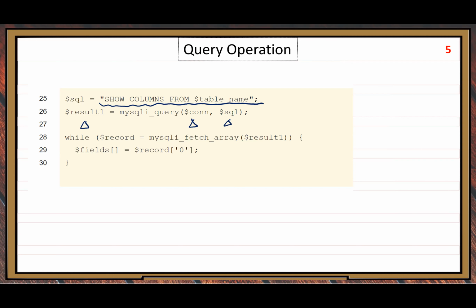It's an object. Your result is an object. Then what is the object? PHP has its way to store an object in an array. Although we call it an object, the internal structure is an array structure. So you can imagine we have an array in this $result1. All right. Then we need to retrieve data from this result object. So in the while loop, $record equals,